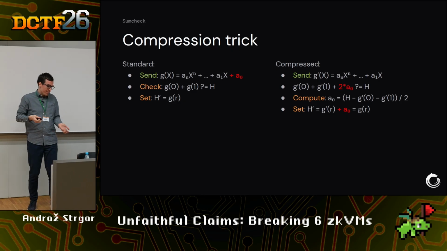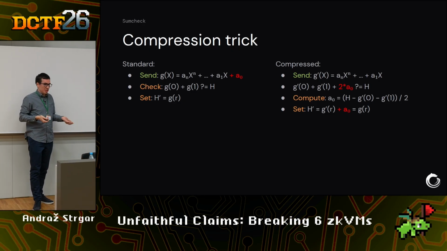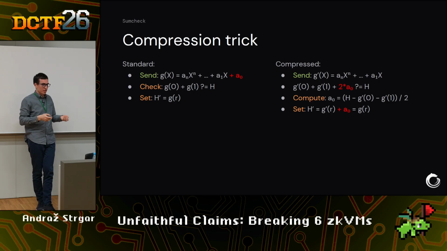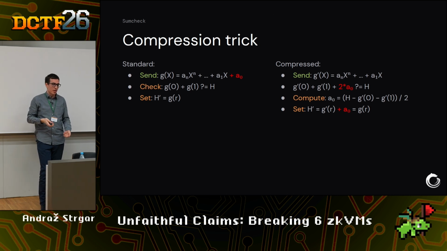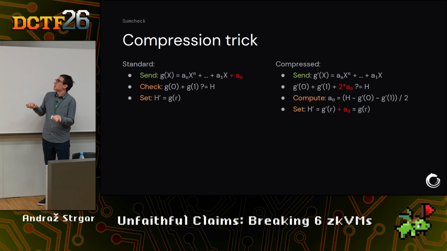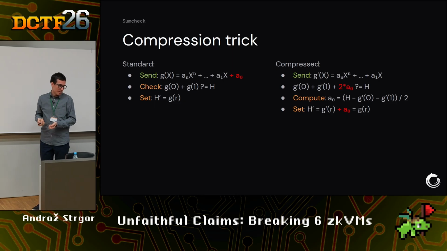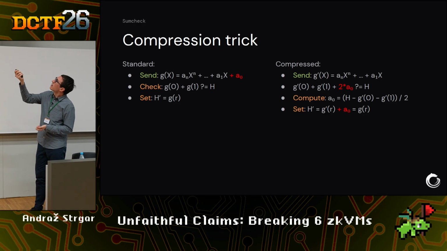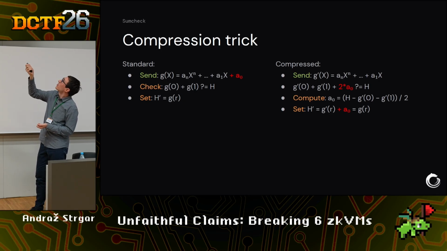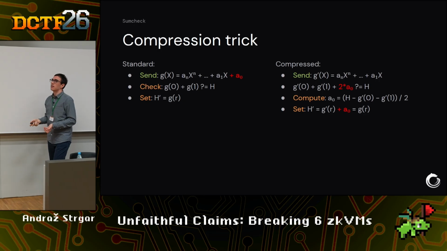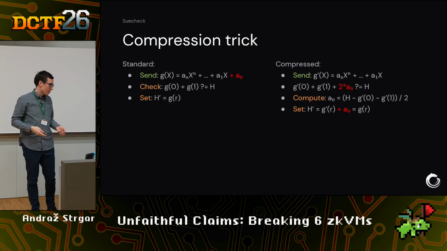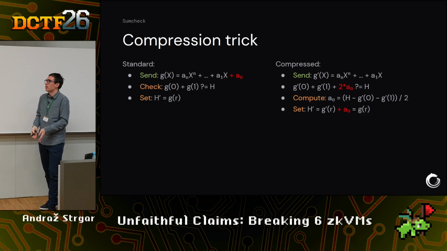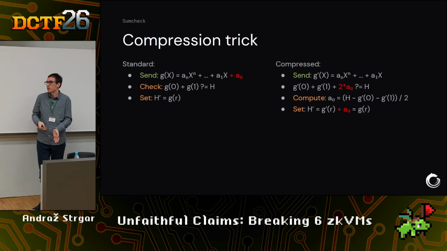And then, now that the verifier computed A0, they have all the data that the standard verifier had, so they can set H prime normally. But the caveat here is that on the left side, the verifier checked that this relation actually holds. On the right side, the verifier assumed this equation holds and computes the value based on that assumption. So we remove a check, and instead the verifier just computes with the assumption that the check holds, and this